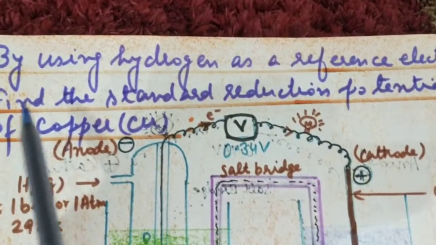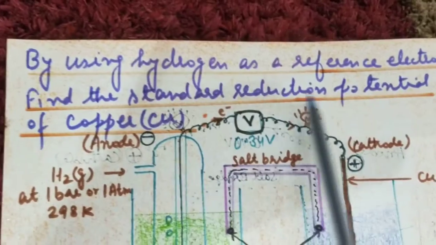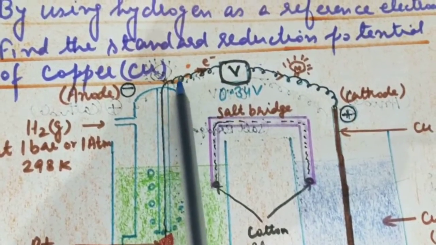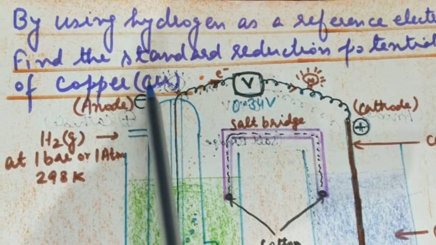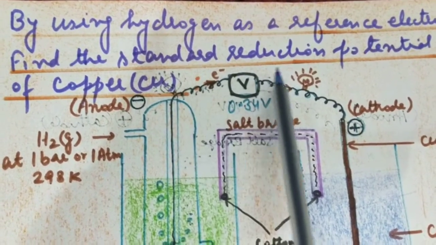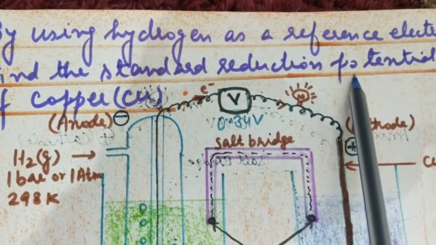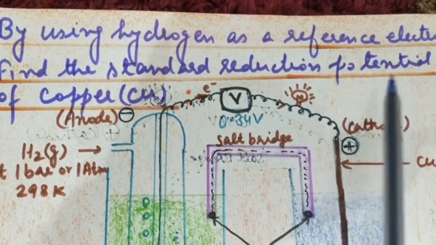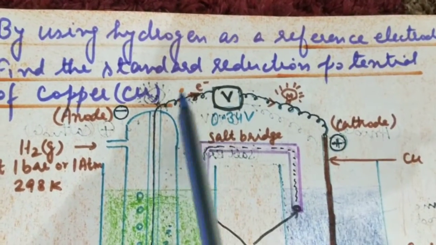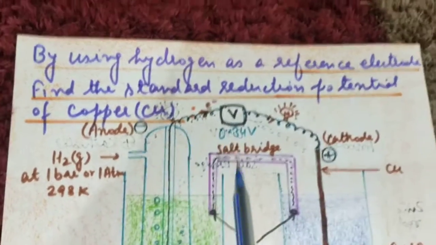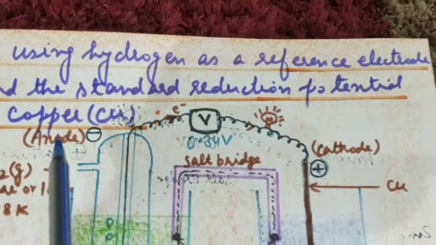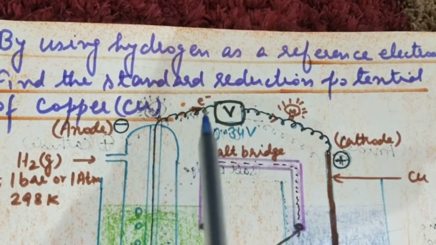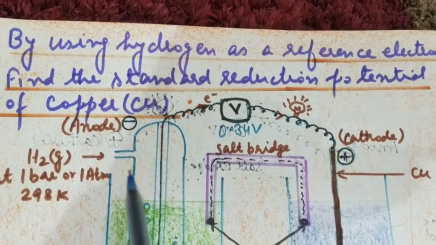How to find the standard electrode potential of copper by using hydrogen as a reference electrode, or by using standard hydrogen electrode or normal hydrogen electrode. We have a little bit idea about the reactivity series of metals, and in that series we know that hydrogen is more reactive than copper,